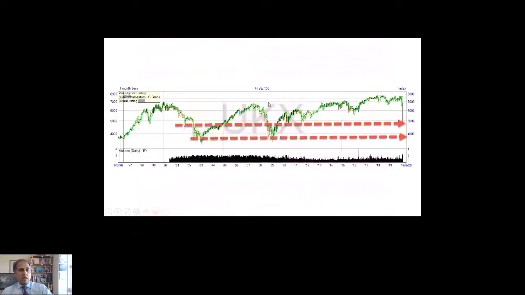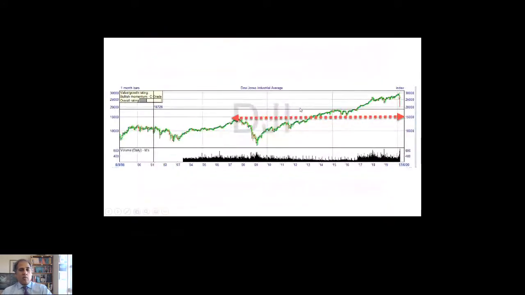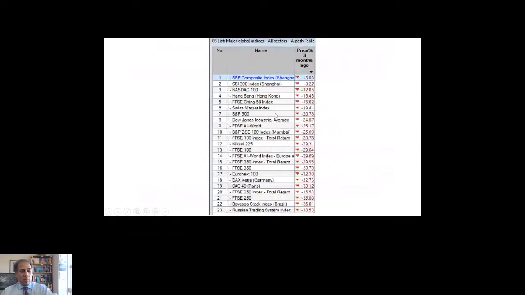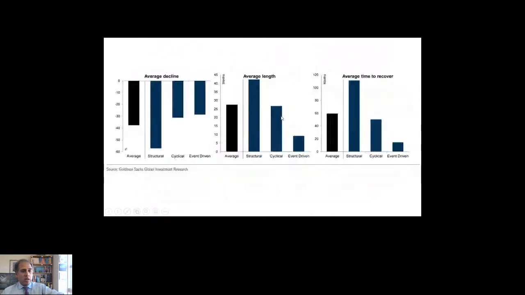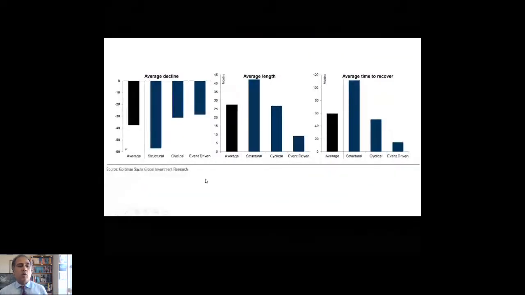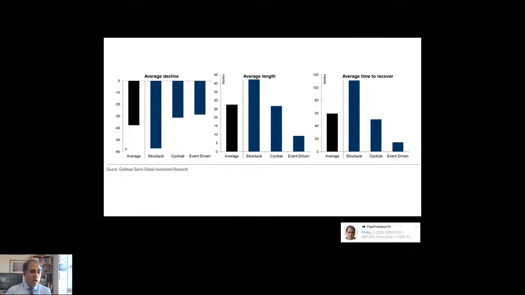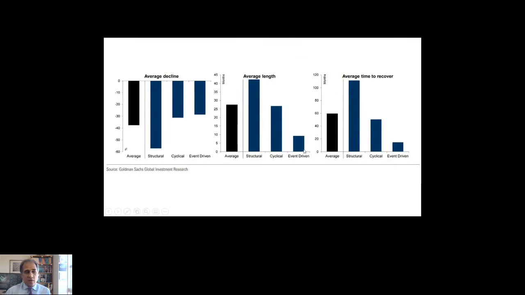I've already given examples where I think the Footsie and the Dow will most probably go to. Well, even lower than that. I think we're looking at as low as, like I said, a bit lower than that. I won't go back into these. How quickly do I think the recovery is going to happen? Those are the figures from Goldman Sachs. The average decline on an event-driven thing is about 30%. We're already there. I think it's going to be longer on this one. Remember, that's the average. Therefore, some things are worse. This is going to be worse.